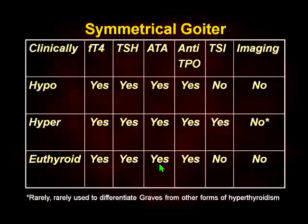So you have the kid coming in with a symmetrical goiter, and clinically they're either hypo, hyper, or euthyroid. Everyone gets a free T4. Everyone gets a TSH. Everyone gets the thyroid antibodies, the thyroglobulin, the TPO. The only ones that are going to get this TSI, the thyroid-stimulating immunoglobulin, that's the Graves antibody, is the hyperthyroid kids, okay? So again, as I said, 98%, you get the free T4, TSH, and thyroid antibodies, and that's going to give you the answer. If they're hypothyroid, no imaging, euthyroid, no imaging. Hyperthyroid, again, small, I think I've ordered it 5 times since 1990,